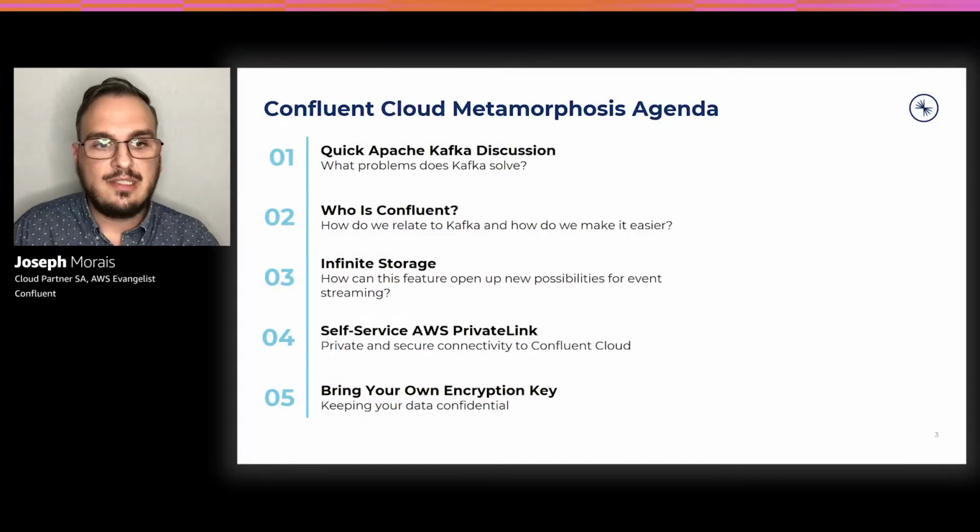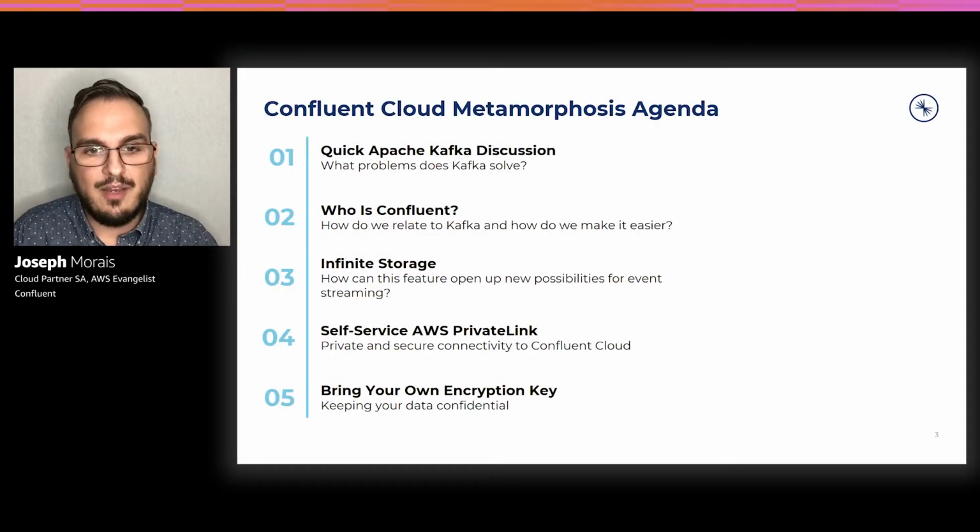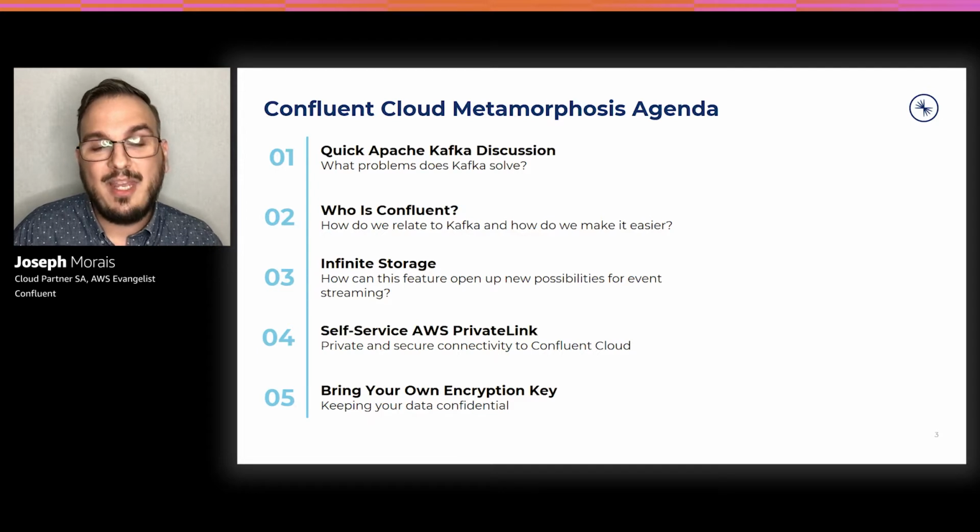Let's first discuss today's agenda, beginning with, at a high level, what is Apache Kafka and what problems does it attempt to solve? Who is Confluent and how do we relate to Kafka and how do we make it easier to run Kafka at scale? Lastly, we'll dive into 3 new features we added to Confluent Cloud this year and how they may relate to